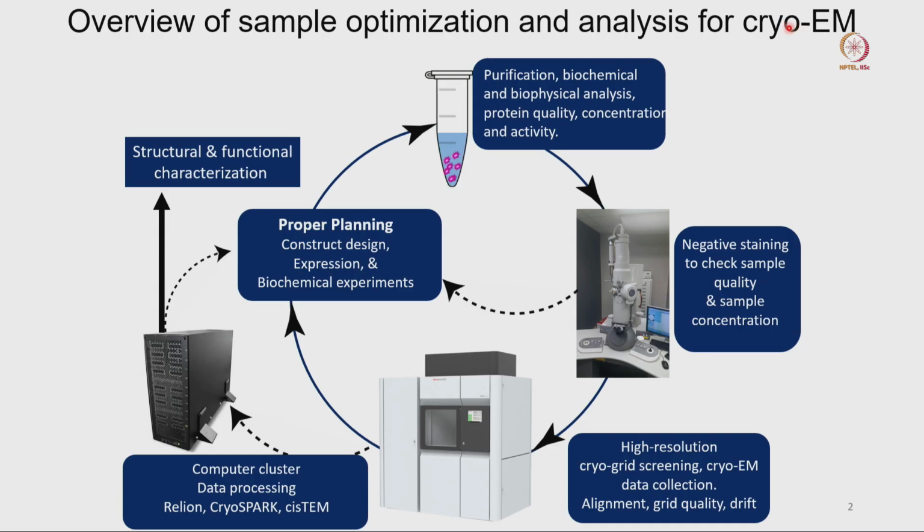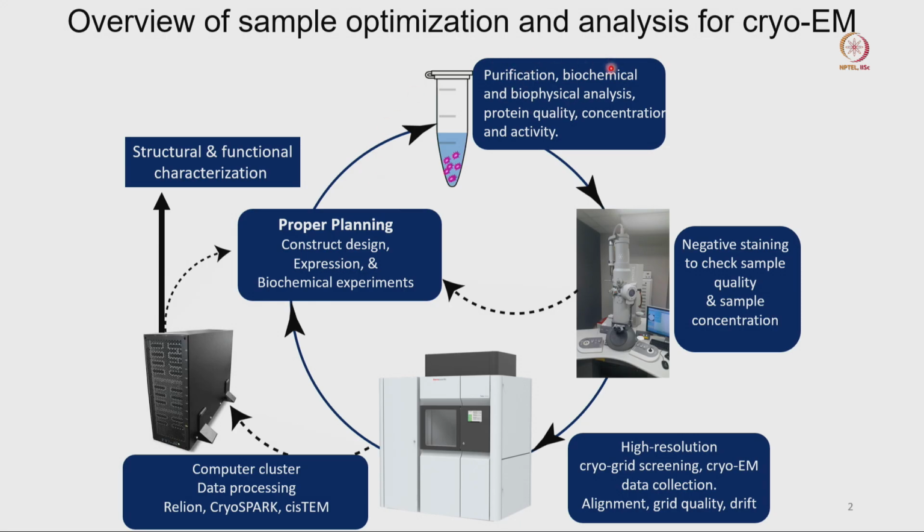Generally for cryo-electron microscopy or TEM, we need a minimum of 1 mg to 1.5 mg of protein sample. We will come back to this, and that also depends on the size of the protein and will vary, but generally 0.5 to 1.5 mg or 2 mg is a good amount for the cryo-EM study. Now, the next step is the purification.